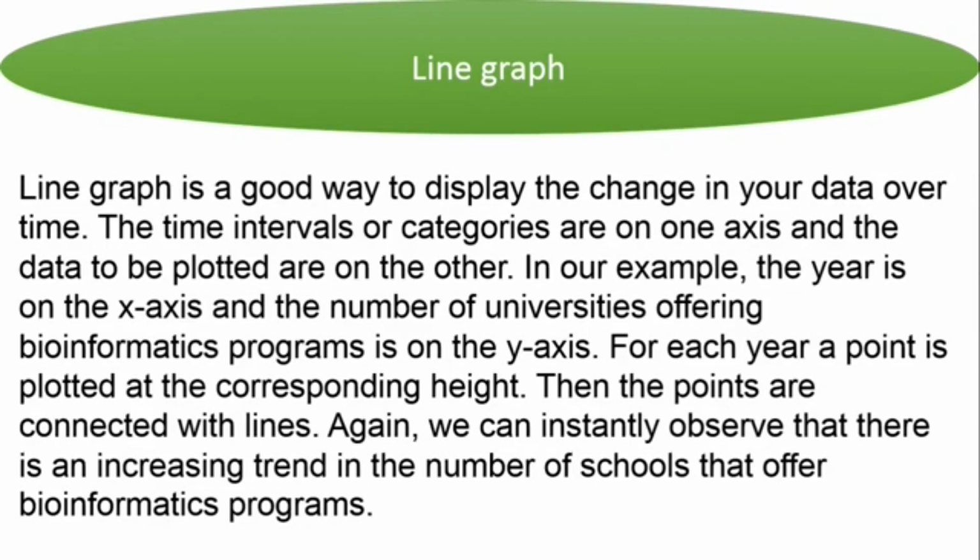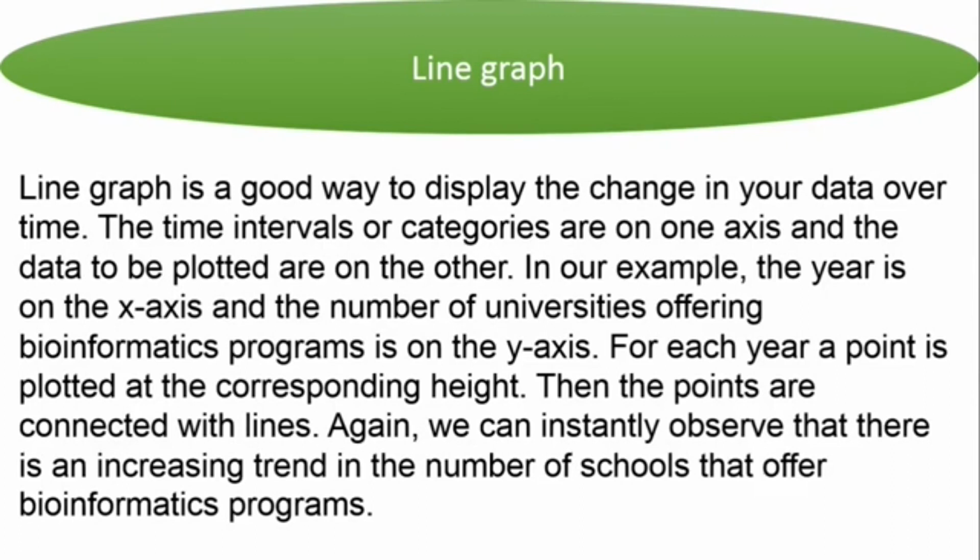You need to have a time interval or category on one axis, and the data to be plotted on the other. In our example, the year is on the x-axis, and the number of universities offering bioinformatics programs